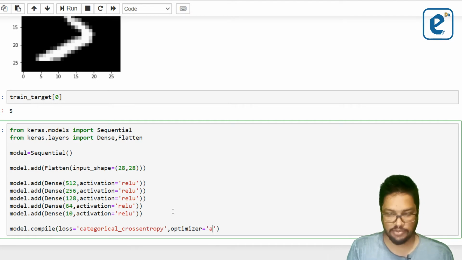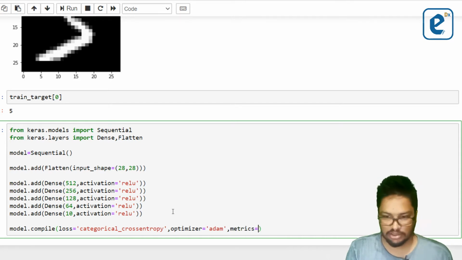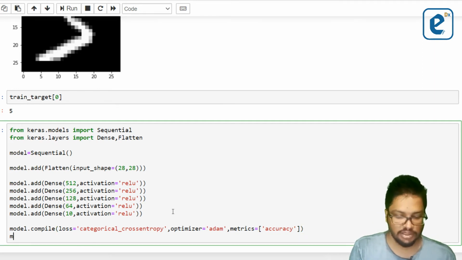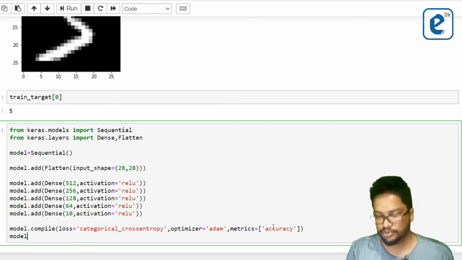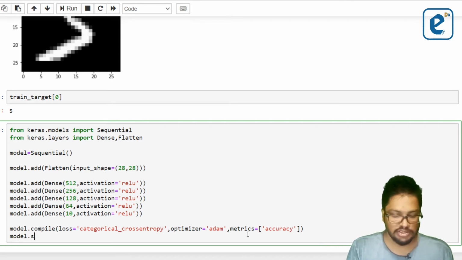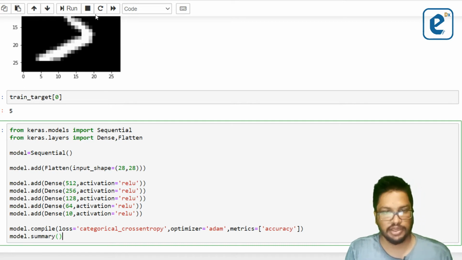For the metrics, we can visualize the accuracy while training the neural network. If you put accuracy here, it will show us the accuracy while training. And with model.summary, we can double check the neural network architecture from here,